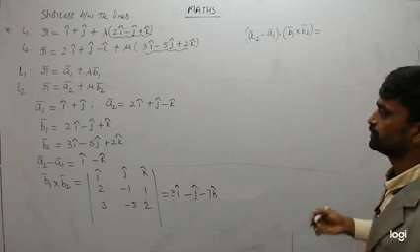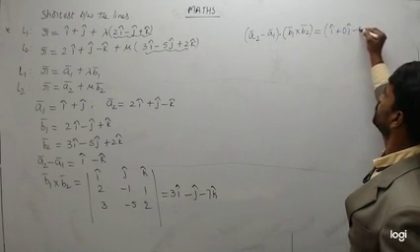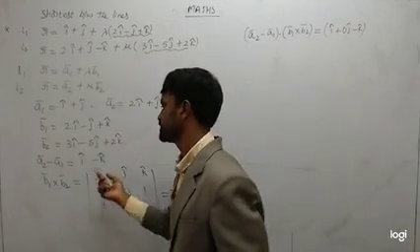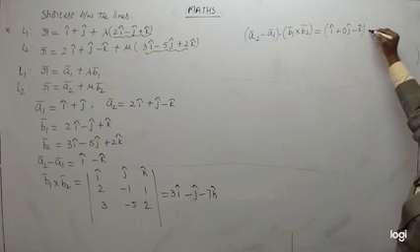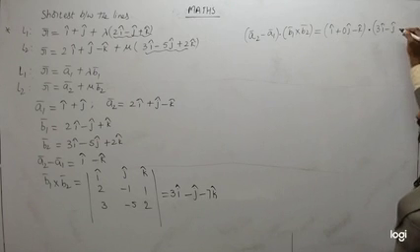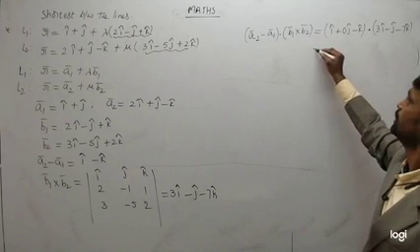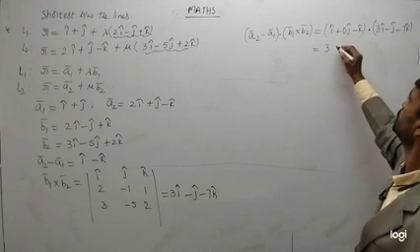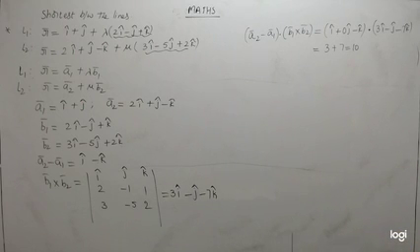So dot product of A2 minus A1, A2 minus A1 is I cap minus K cap, which can also be adjusted like this: I cap plus 0 into J cap minus K cap, dot B1 cross B2 vector. What do you get? 3I cap minus J cap minus 7 into K cap. So multiply. 1 into 3, 3, next is 0 plus 7. So thus what you got, A2 minus A1 dot B1 bar cross B2 bar, what you got, 10.